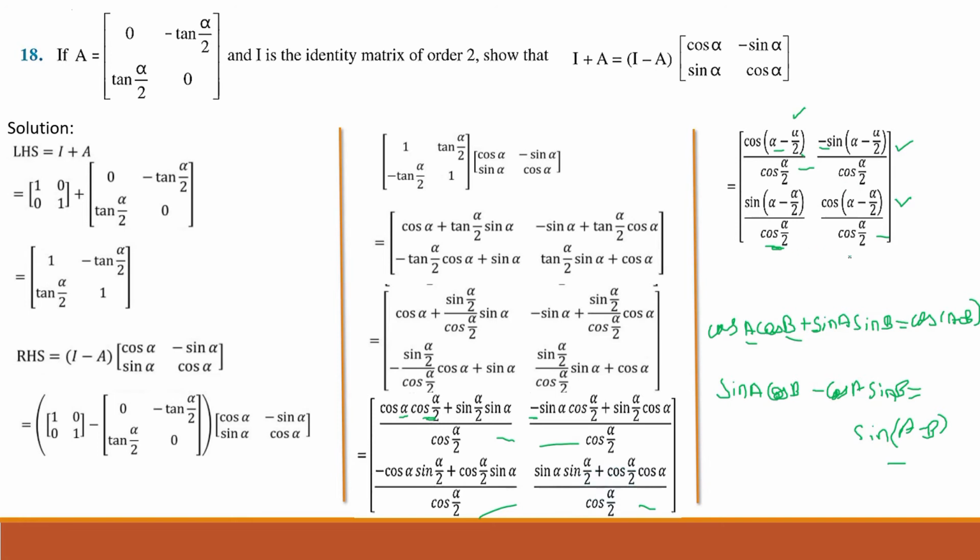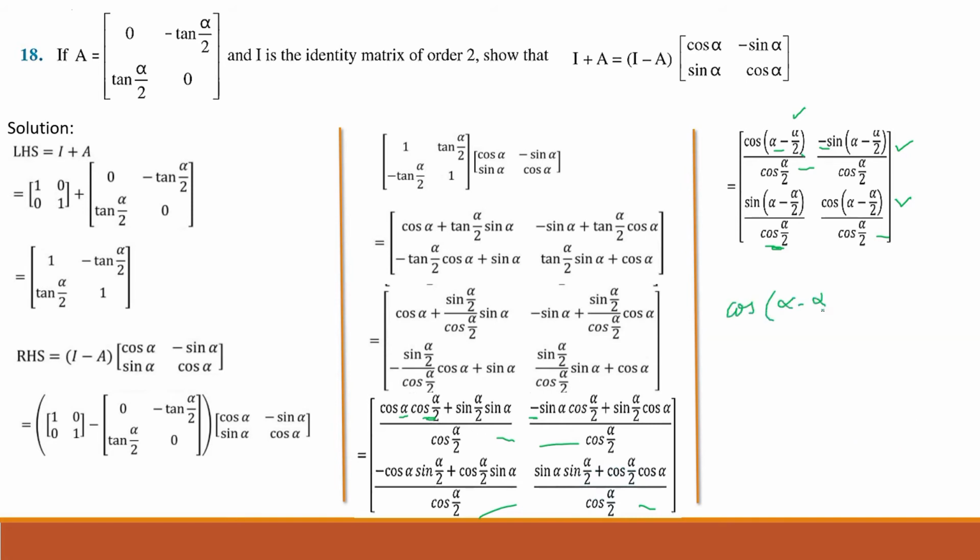So similarly for this also, लेकिन यहाँ पे हमें minus sign बाहर निकालना पड़ेगा, so this will become minus sin(अल्फा minus अल्फा बाय 2)। तो यहाँ पे डिनोमिनेटर में सबके cos अल्फा बाय 2 तो है as it is। तो for the first element, let us write this as cos(अल्फा minus अल्फा बाय 2) divided by cos अल्फा बाय 2। 2 को क्रॉस मल्टीप्लाई करेंगे तो 2a minus a divided by 2, 2a minus a is nothing but a by 2। So this angle becomes cos अल्फा बाय 2 और डिनोमिनेटर में भी cos अल्फा बाय 2 है, so this will be cancelled and answer for this will be 1।